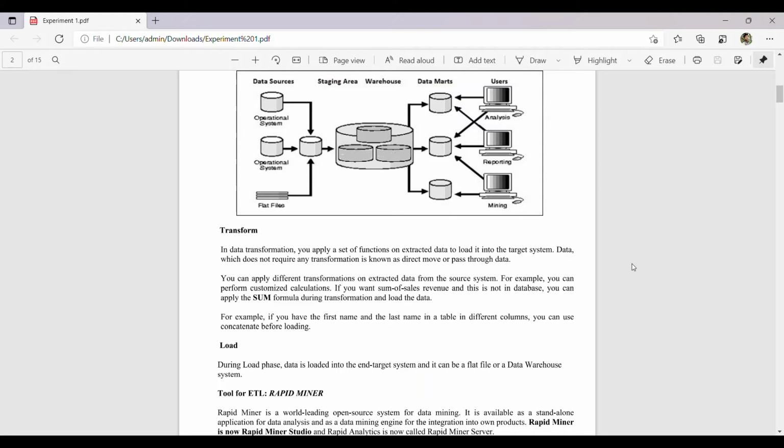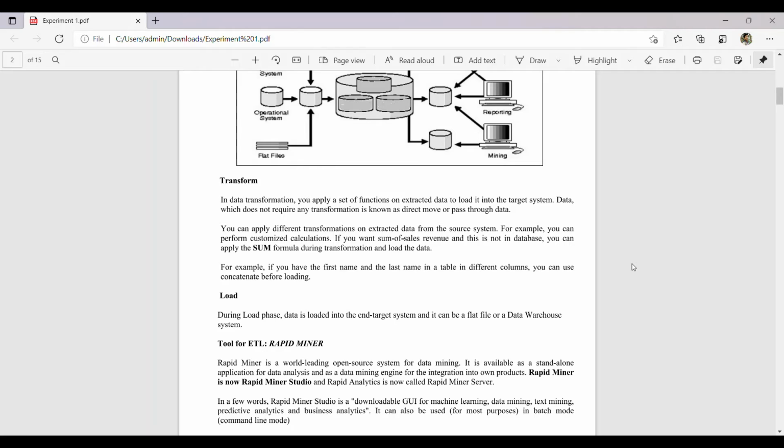For example, you can perform a customized calculation if you want the sum of sales revenue, and this is not in the database. You can apply the sum formula during the transformation and load the data. For example, if you have the first name and the last name in a table in different columns, you can use a concatenation before loading.